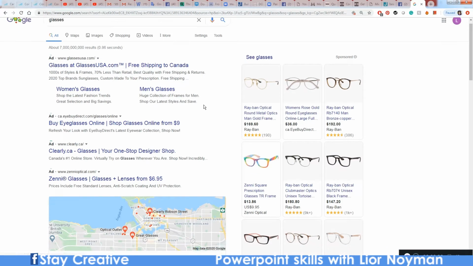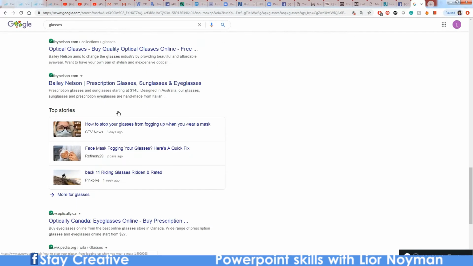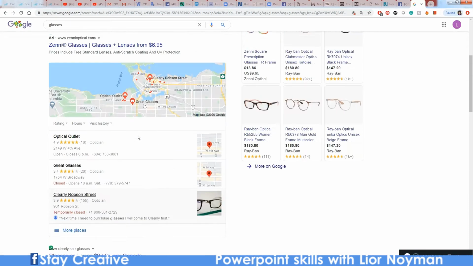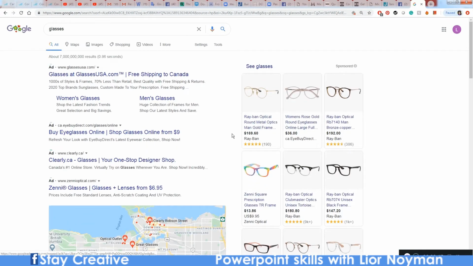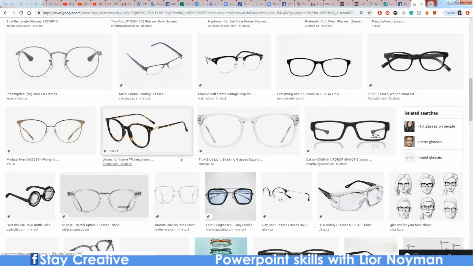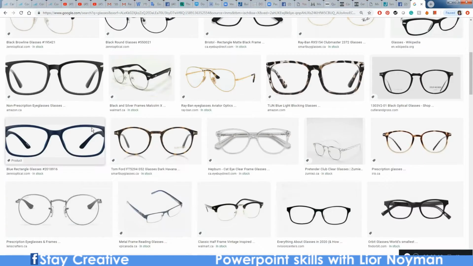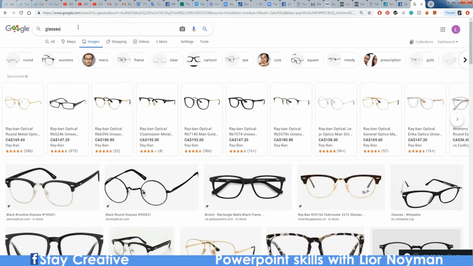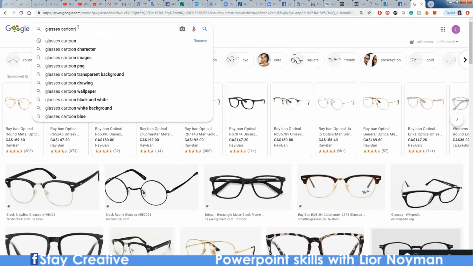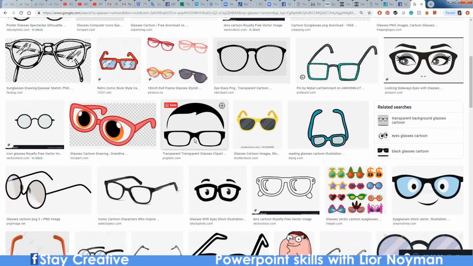Here I am, glasses, and of course what Google brings me is a lot of other websites connected to glasses. But what I really want is images. So I will press on the Images section and I will get images of glasses. It's not what I really want, because they look too real. So maybe if I add the word cartoon to the glasses,